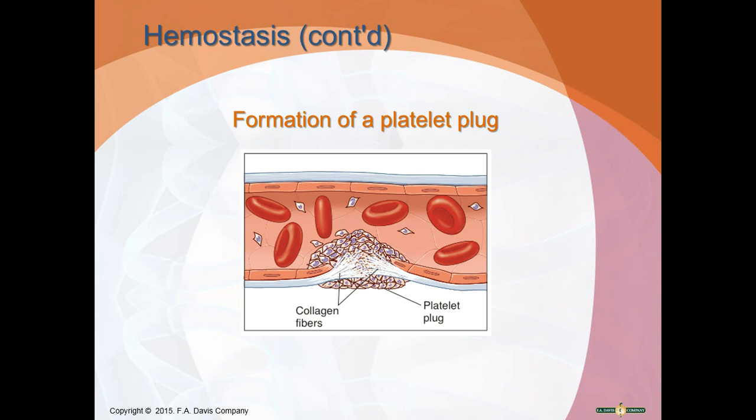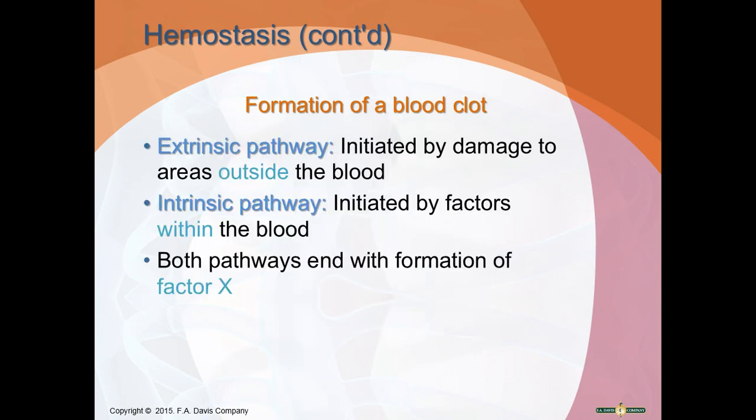And the platelets facilitate clumping by secreting several chemicals. Some cause a vessel to constrict, whereas others attract more platelets. The platelet plug forms a temporary seal in the vessel wall. A more stable solution requires the formation of a clot. So this is the beginning procedure, the platelet plug. Now, for forming a blood clot,